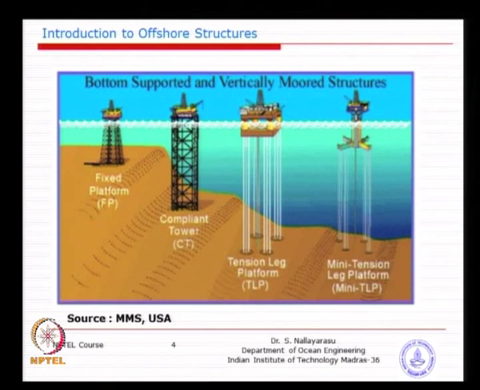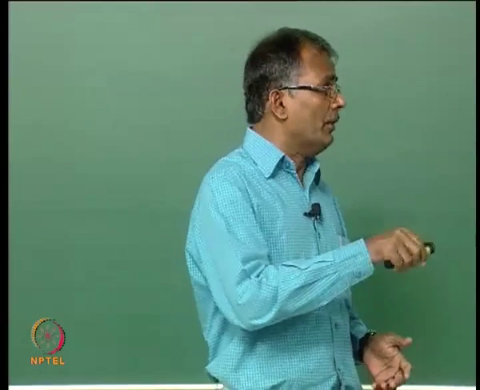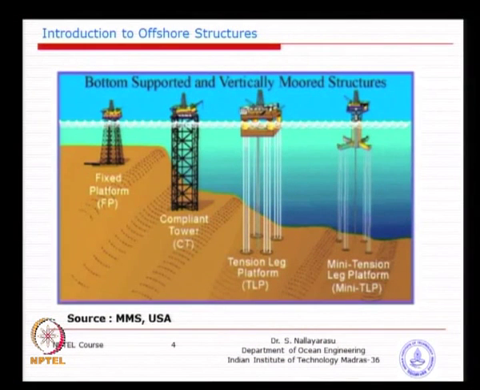So, you see the evolution of various configurations over a period of time. If you go back to the 1960s or 70s, even building a jacket of this kind was so difficult, because in those days the capability of machinery and availability of equipment were limited. But in the 70s and 80s, we started to build bigger and bigger jackets, reaching a highest of 600-700 meters water depth.